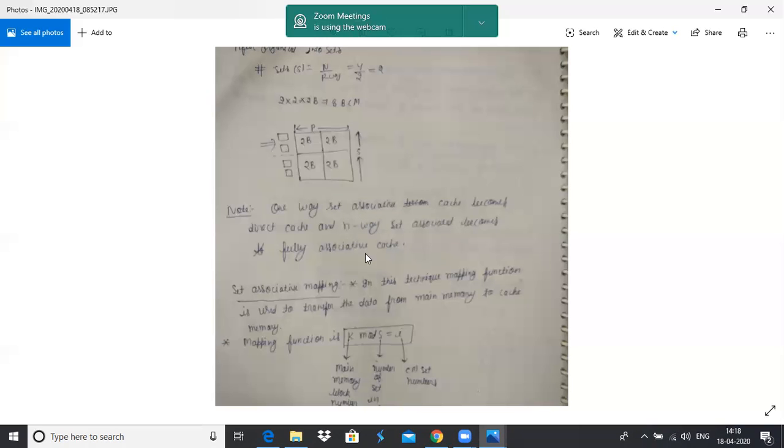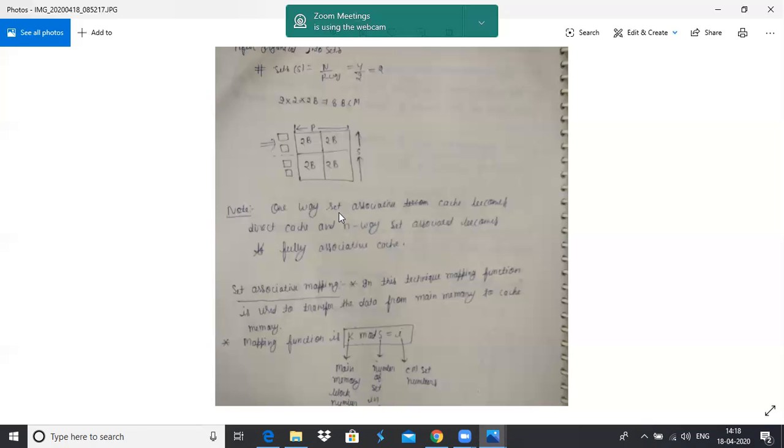Here one set contains all the lines. In the direct cache also all the lines will be in one set. That's why we are saying that one way set associative is similar to the direct cache.